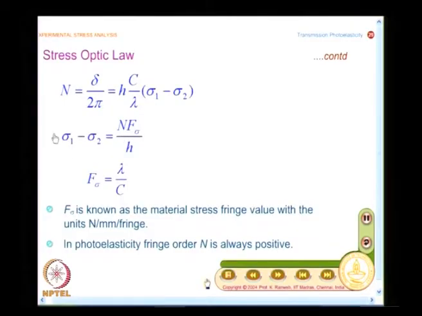So, if I have to find out the stresses, I have to know the fringe order n and the material parameter. So, the way we will proceed is, we will first see how to get the fringe order, then we will have a discussion on how to find out f sigma. But even before we discuss these issues, let us have a look at what photoelasticity can give. I said photoelasticity can give you directly only the fringe order and the principal stress direction. How it is going to give, how we have to do, we have to look at the optical arrangement, understand it and then go about it.